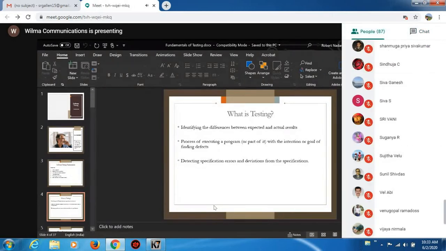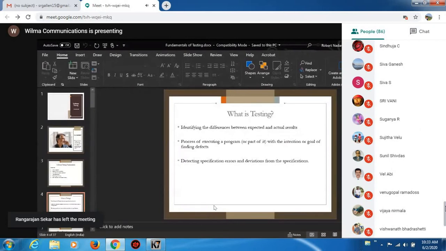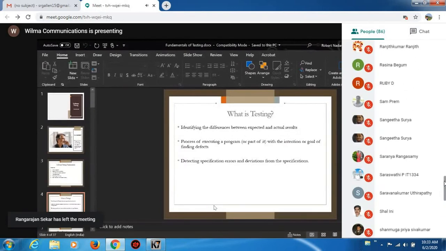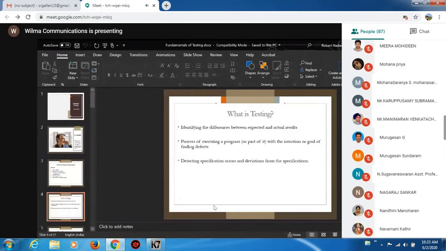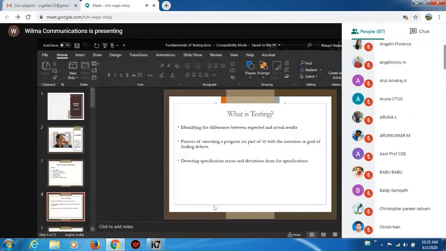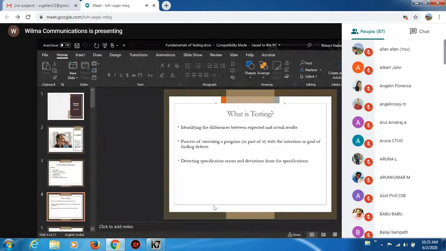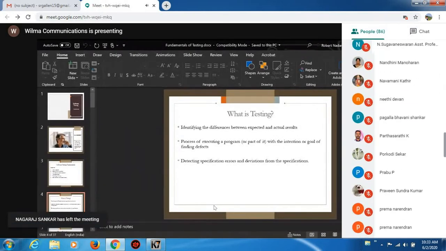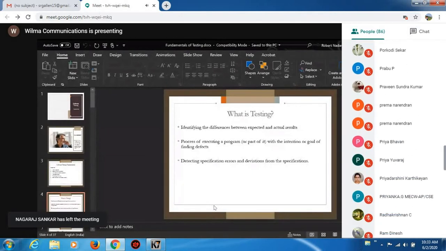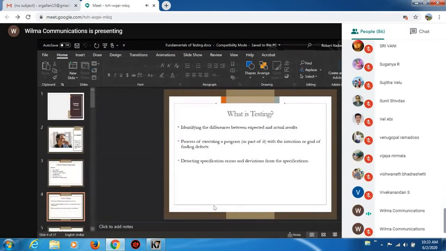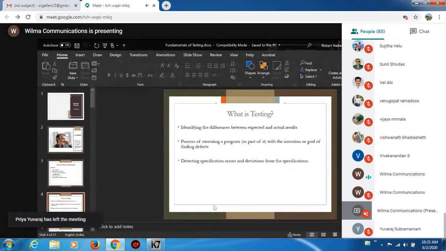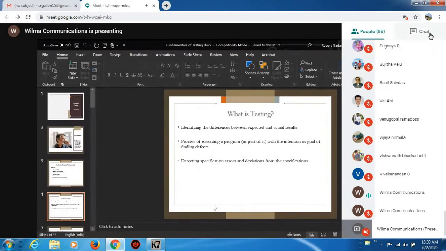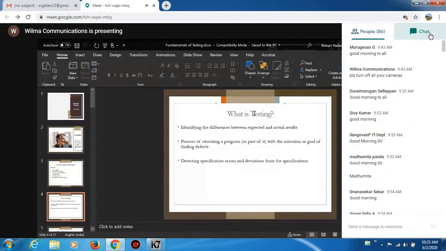Testing, implementation, and maintenance. So the thing is that first we collect the customer expectations. We try to understand the customer expectations. We gather the requirements. Then we plan and design the product architecture. Once the design is complete, we start developing the actual product. Once the product has been developed, the next step is testing.